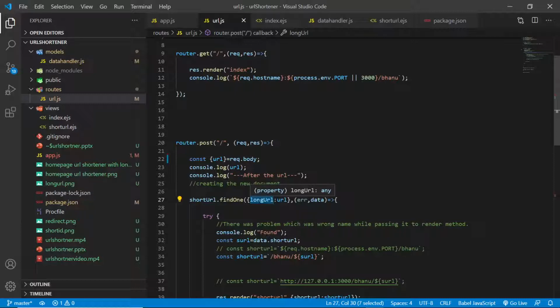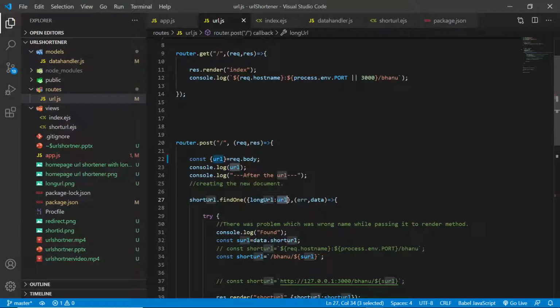Only the first one means if there are 10 entries, or you could say 10 documents, only the first result will be returned. If there is any other result, it won't be returned, and there won't be any, because the way in which we are storing only one particular long URL, there won't be any duplicate URL. So findOne returns only the first result to us, and there are no duplicates also, so no problem. Here we need to specify that particular field of the document,